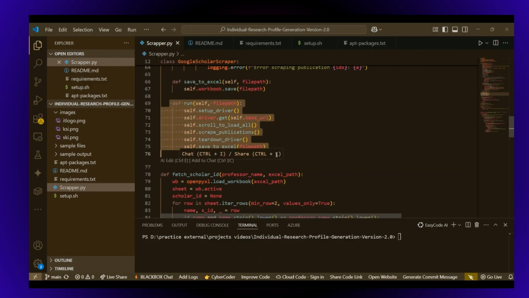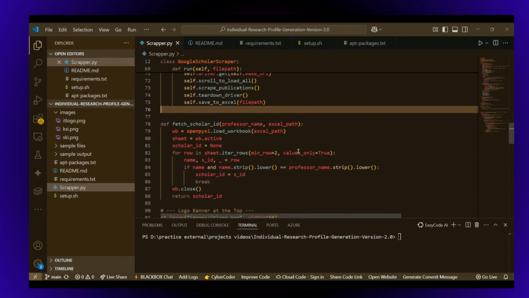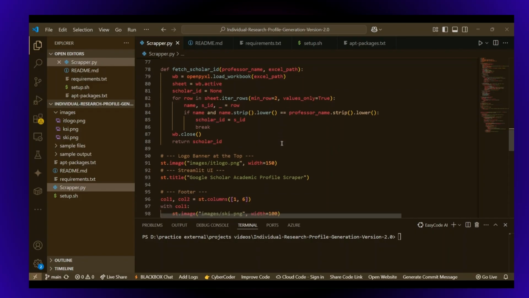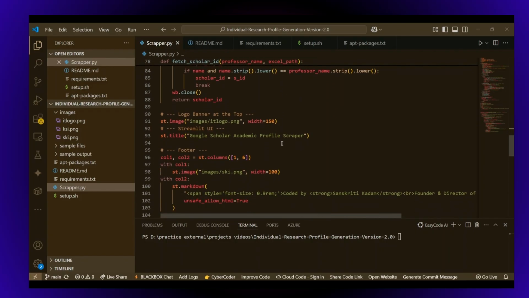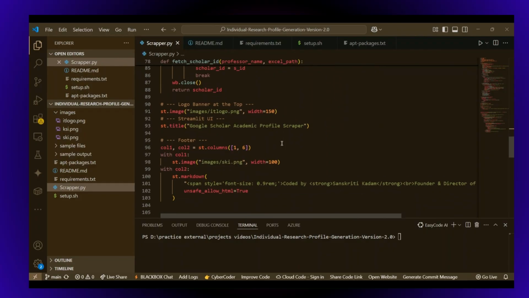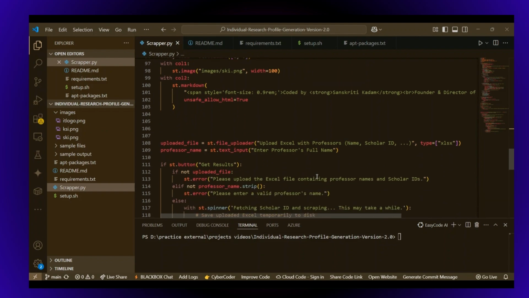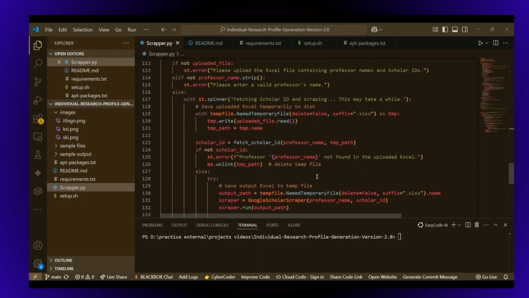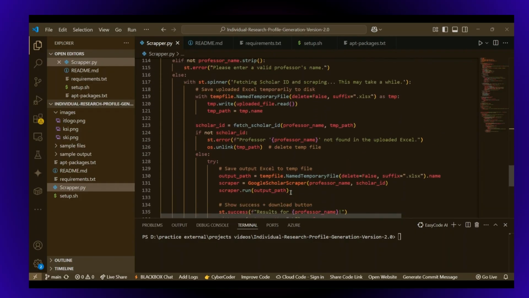Okay. So whatever scholar ID you would have mentioned in your Excel sheet, which you would have given as an input, that Excel sheet containing the particular scholar ID is what will be fetched by this function, so as to load the data properly as it makes use of its unique properties. The logo banner, yeah, you can see. I will run it and I will show you how it looks. So yeah, this is the overall code. This is the def main function where you are calling everything, even the buttons which are there. Once I run this, you will be able to understand how it looks.